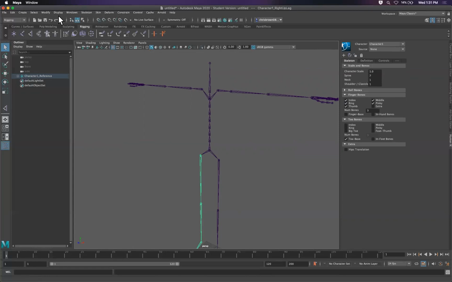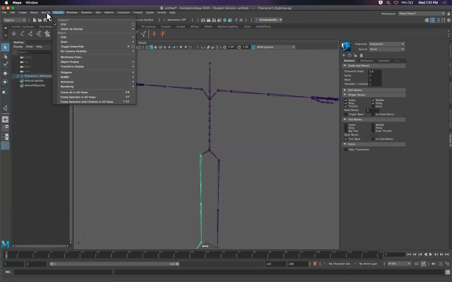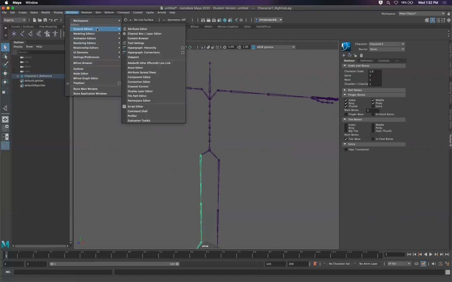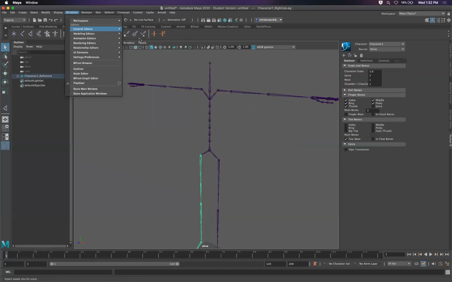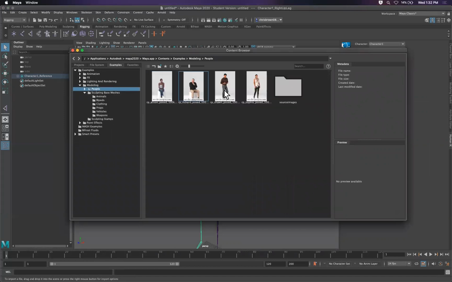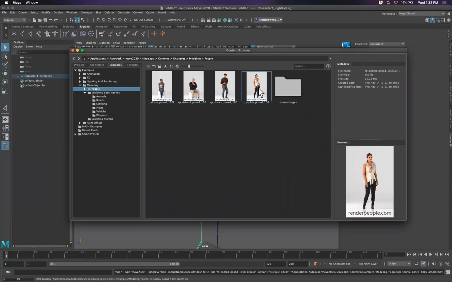There are test meshes like characters. If you ever want to go inside of window, where is it? General editors. I'm looking for, not the outliner. Content browser. Yep, that's what I'm looking for. It used to be called the asset manager, which is why I keep losing it. But there's a few different things in here. If we go into modeling, go into people, right? There are some different people here that you could load in, and they're nicely textured. You could play around with the human IK. In fact, let's load